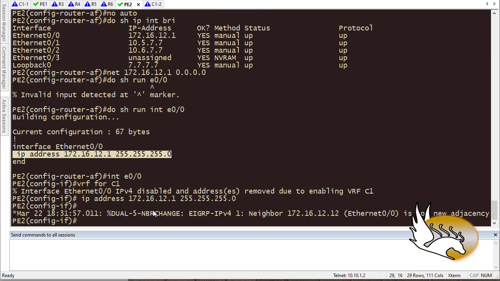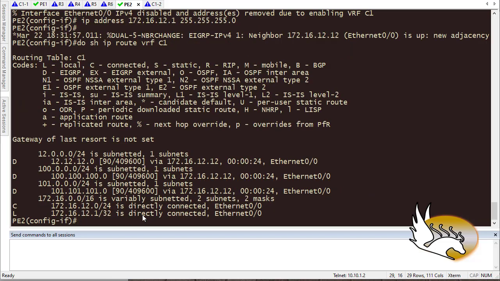Now that I have this, I should see a neighborship and adjacency created between the customer router and me. Also, I need to be able to see all the routes from there. So if I just type show IP EIGRP neighbors or topology, or let's say show IP route, that is easier. Show IP route for this specific VRF C1. Now I can see that I have received all of them